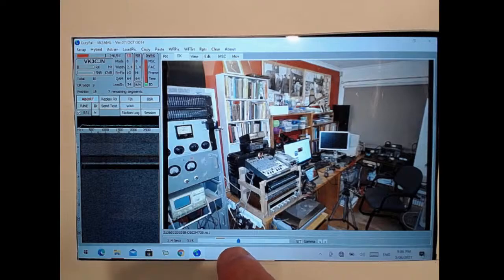You can vary the time of the transmission to suit the amount of detail in the image by adjusting this pointer, and at the moment I have it adjusted for 114 seconds, just under 2 minutes, which is about the same time as transmitting an analog slow scan TV picture in Scottie 1 mode, the standard mode that they use on 20 metres and 80 metres and such. So we can transmit a picture of far better quality than analog slow scan in about the same time on a voice channel, which is what I'm doing at the moment.